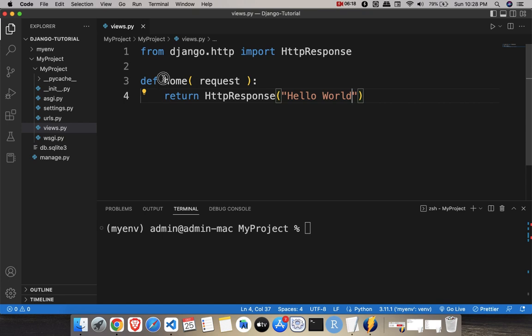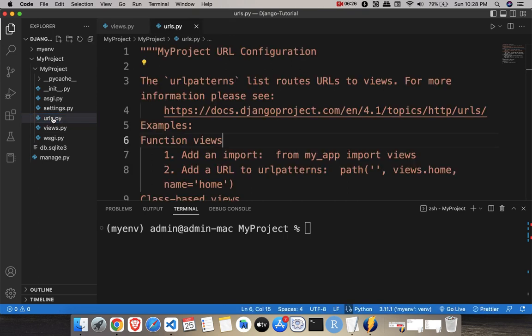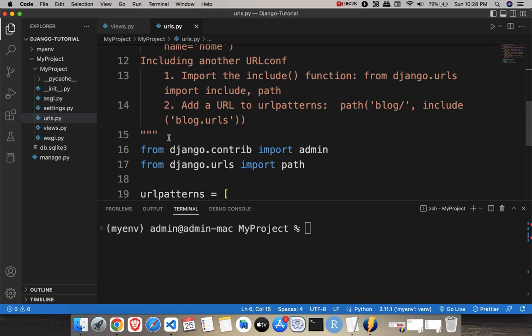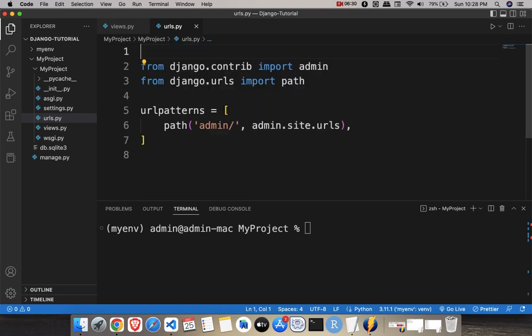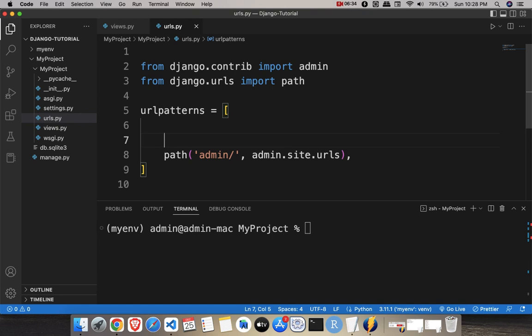And to call this home through a particular URL, I want to call this function automatically whenever we are on the home page. So in the urls.py you manage that. I'll delete all these comments. Here inside the URL pattern you have to call that views function whose name is home. So for that you need to import from dot import views, and here you will create a URL for that